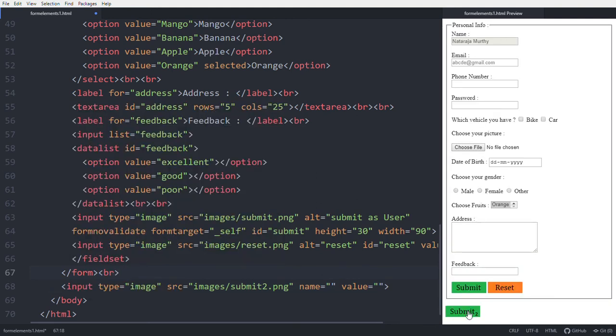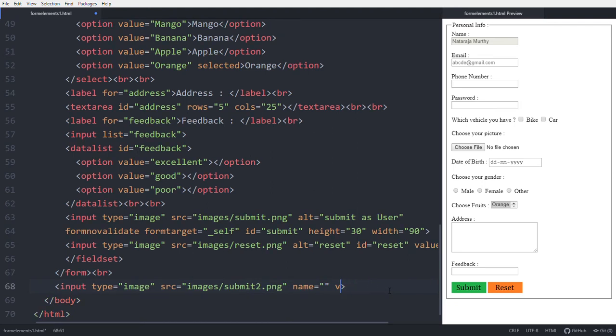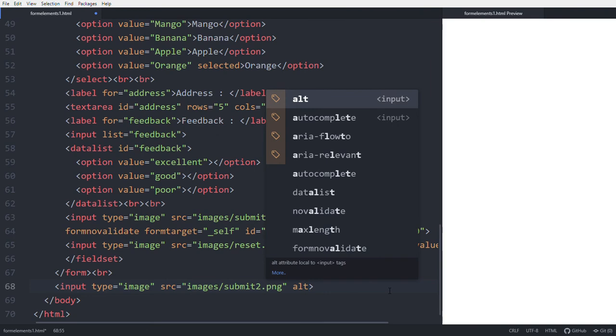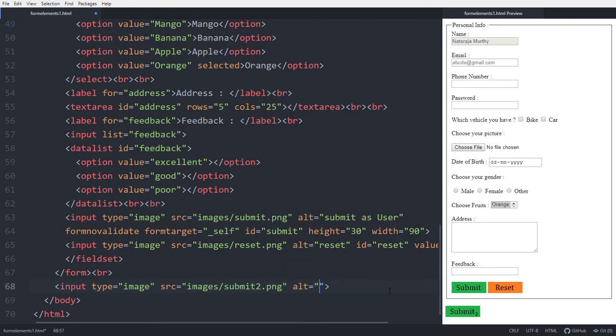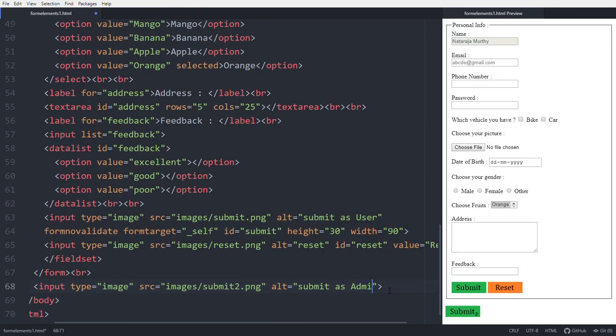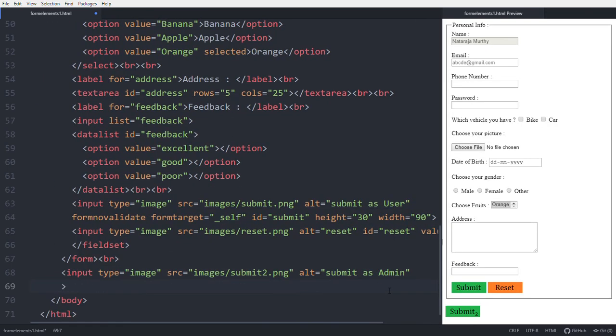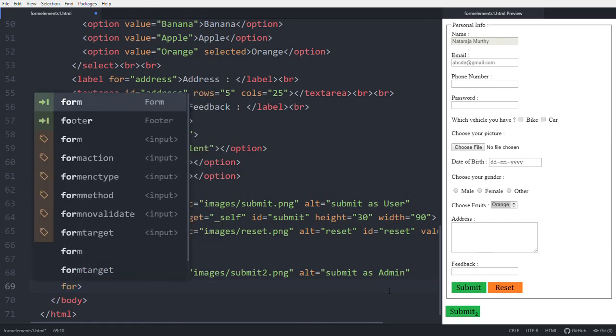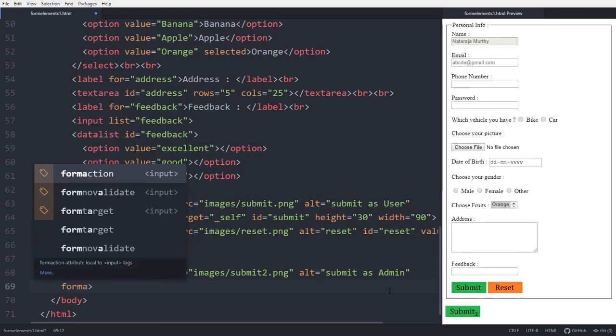See this, when it is clicked, this form is not getting affected. So we need to make that effect. Okay, make it alternate value submit as admin, and this is for form action.